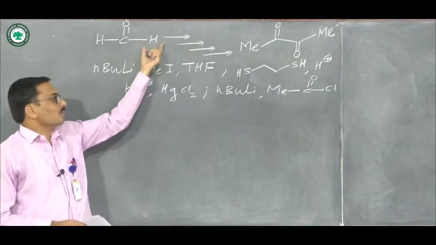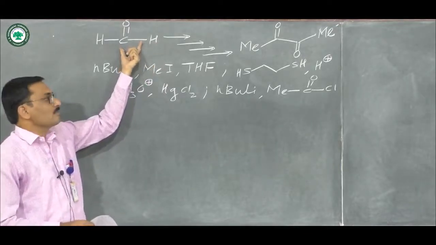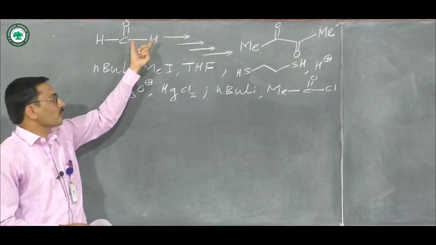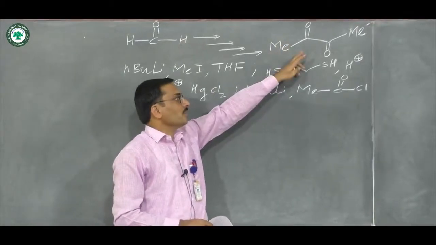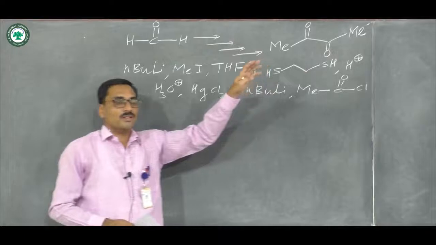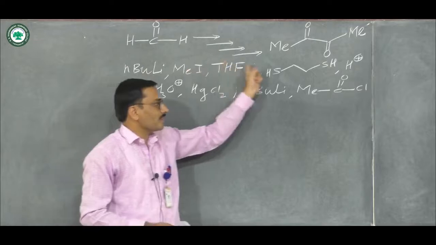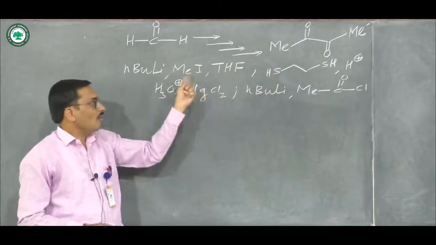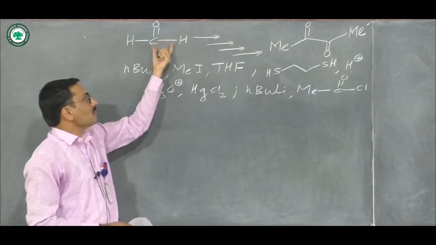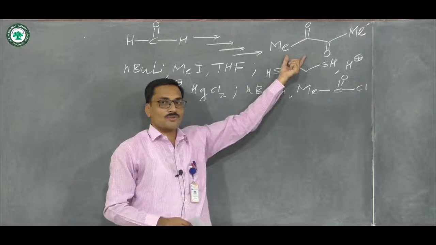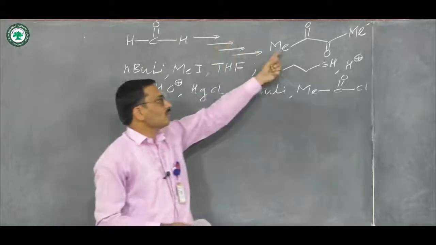In this particular question, you are provided with this aldehyde, that is formaldehyde, and this aldehyde undergoes various steps and is converted into this type of product. In this organic synthesis sequence, you have been given these reagents. You should be able to use all the given reagents at proper places, and you have to convert this formaldehyde into this product. So we will see the detailed conversion of this starting material into this product.